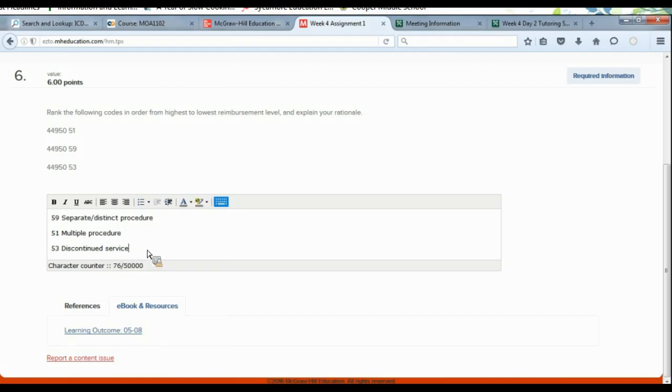And then you have to explain your rationale. I'm going to leave you to do that. Just point out that these separate procedures are at a greater level or value, then multiple procedures done on the same patient, same day, and then discontinued services, where time spent was little to none. Just explain your rationale in your own words. That's what I'm looking for. So be sure, again, for full points, be sure to